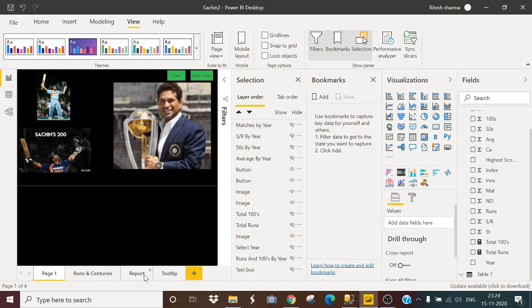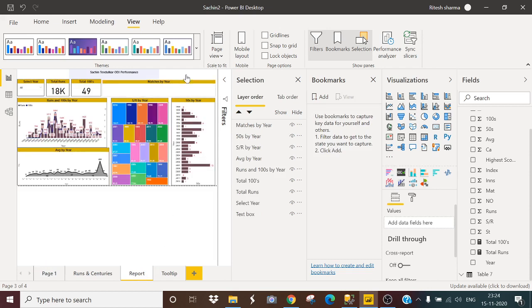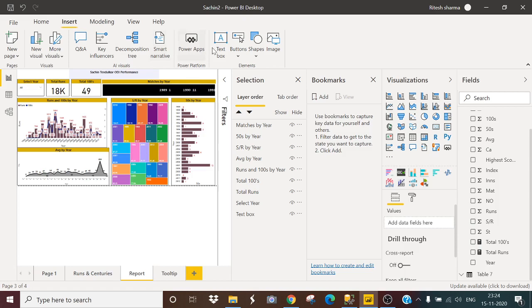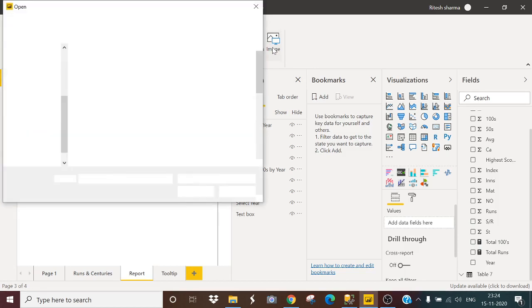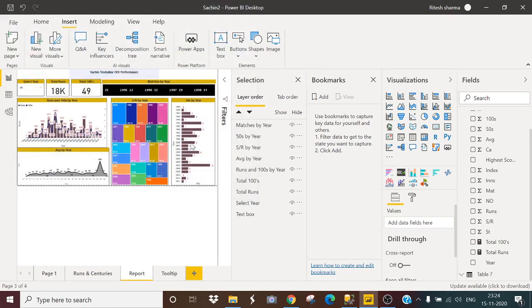Now here I will insert an image of Sachin Tendulkar. Three images I will insert here, so it will be like this one.